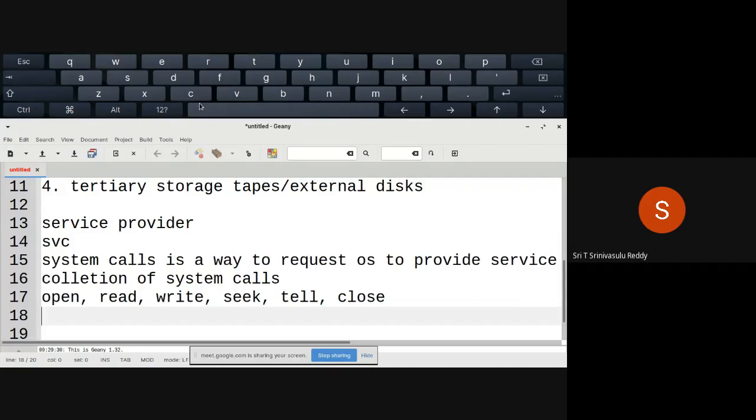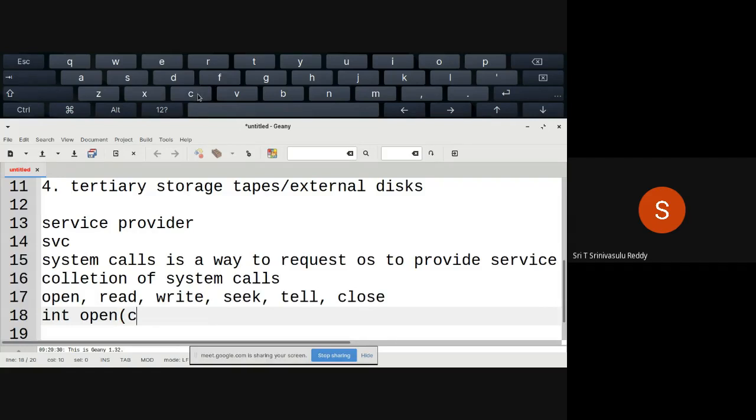If you really want to see the signature of these things, the signature of, for example, the open system call is going to be int followed by open, and then brackets. To open, you'll have to specify the file name that you would like to open. It's a pointer, like a pointer to characters.